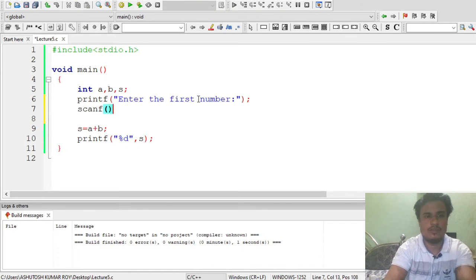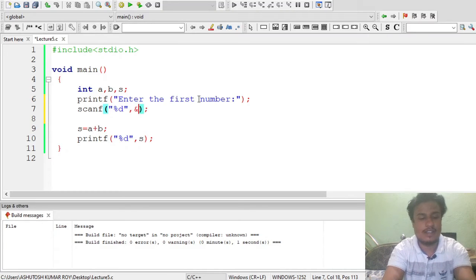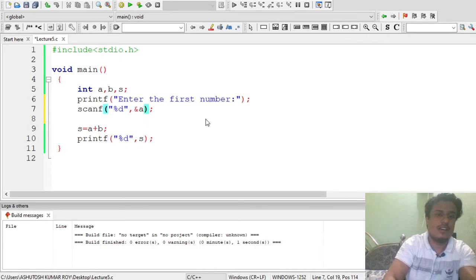Scanf. What's the syntax of scanf? We want the user to enter an integer value from the keyboard, so we will be using %d here. Also, we specify the variable in which we store the value entered by the user, that is variable A, so we write ampersand A. What is this symbol you are seeing for the first time? This is ampersand. It means get the value from the user into the variable A. Okay, we are getting it.